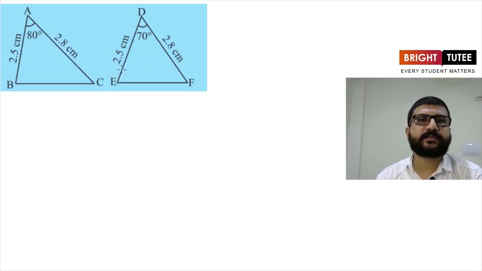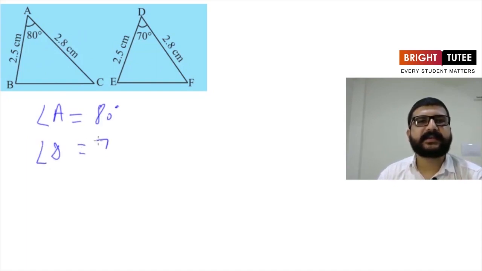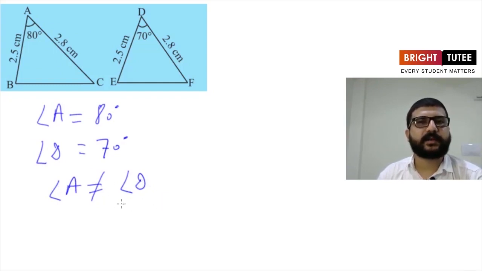So here we are having AB is equal to DE, that is fine, and AC is equal to DF. Two of the side lengths of triangle ABC are correspondingly equal to two side lengths of triangle DEF. Now what about the angles included between these sides? Are they equal? No, the angles are not equal. Here angle A is 80 degrees and angle D is 70 degrees. So we can say angle A is not equal to angle D, that is the included angles are not equal. Hence we can't use SAS here. So therefore these two triangles are not congruent.